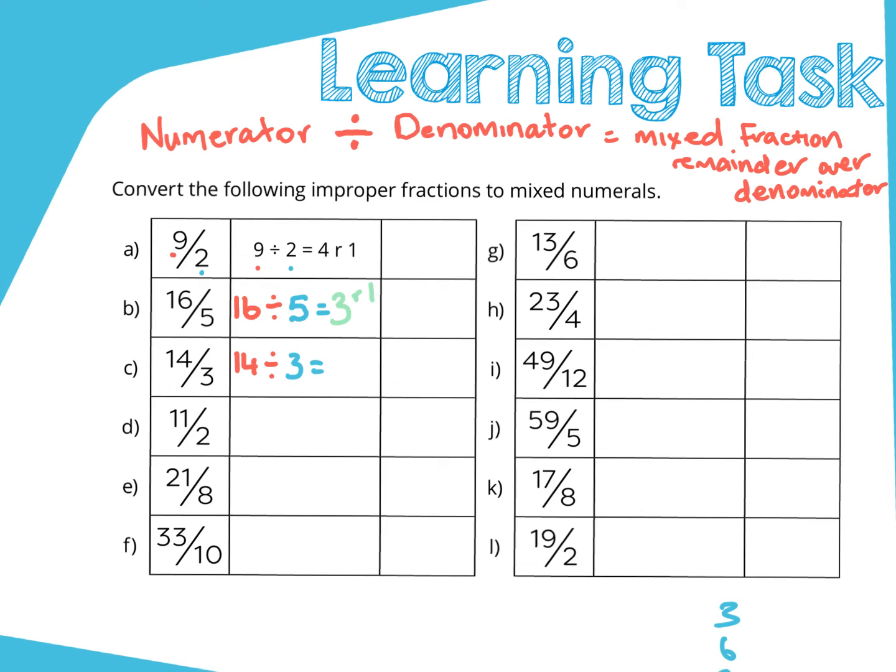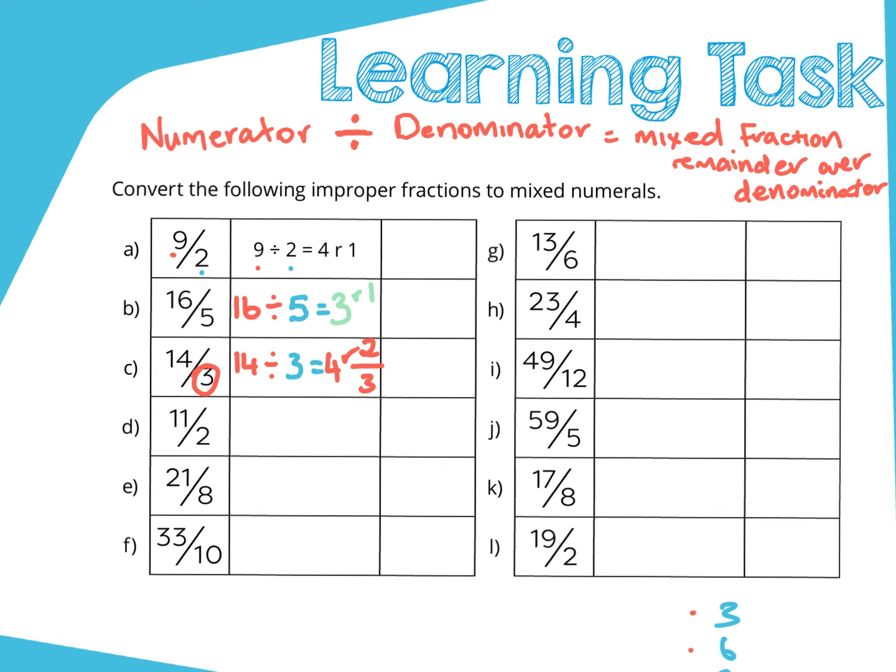So straight away, I know that I've got to get to 14, so that's 4. So that is 4 remainder, and 12, and count it using your fingers, 13, 14. That's 2 remainder, okay, 2 remainder, and you need to make sure that you always put your denominator in,